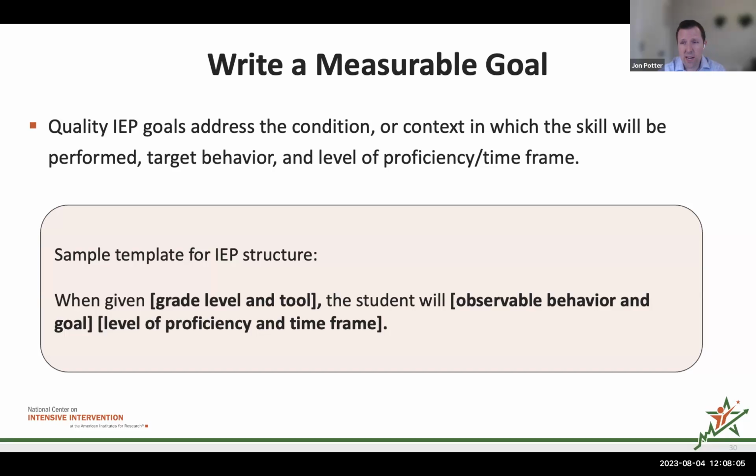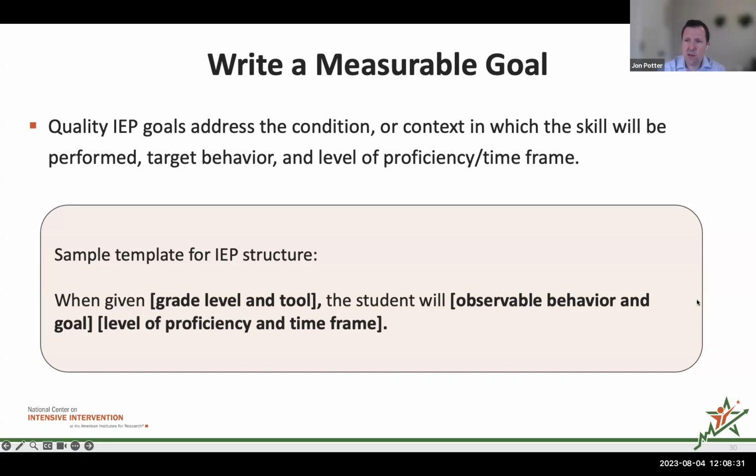Many of you are probably writing quality IEP goals. So you can take this, you can leave it. But the idea is, writing a goal when given this grade level, in this tool. So when given second grade oral reading fluency probes, the student will do what? The student will read fluently and correctly with what level of proficiency and time frame. So we'll read fluently and correctly at 90 words correct per minute with less than 2 errors by June 30th